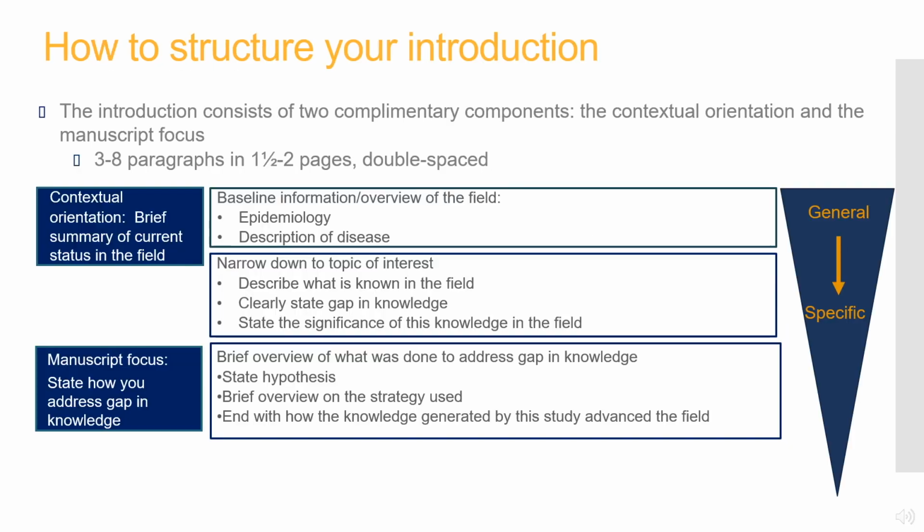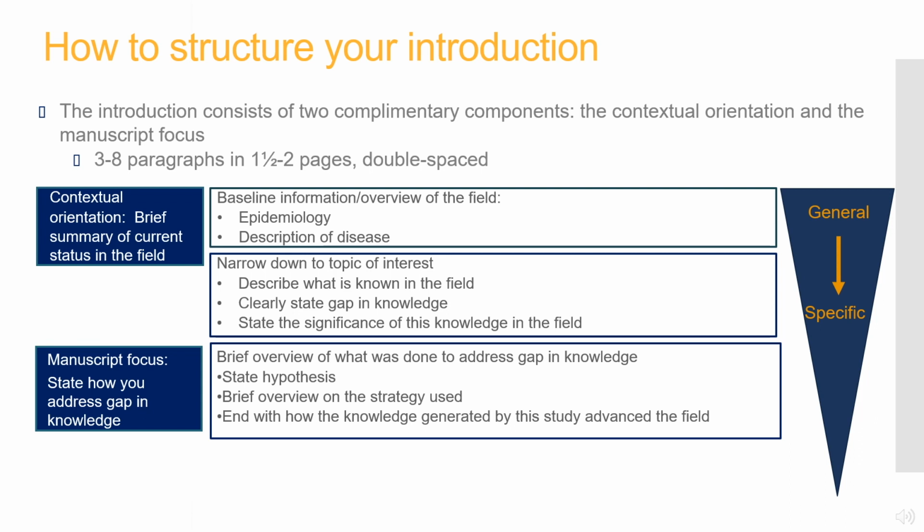When writing the introduction, you usually write 3 to 8 paragraphs, although in more recent manuscripts you will observe shorter introductions ranging from 3 to 5 paragraphs. The introduction consists of 2 complementary components: the contextual orientation and the manuscript focus. The contextual orientation provides more general baseline information, such as epidemiology or a description of the disease, and then narrows it down to the topic of interest by stating the gap in knowledge and the significance of this knowledge in the field. In the manuscript focus, you describe an overview of your study by discussing your hypothesis and a brief